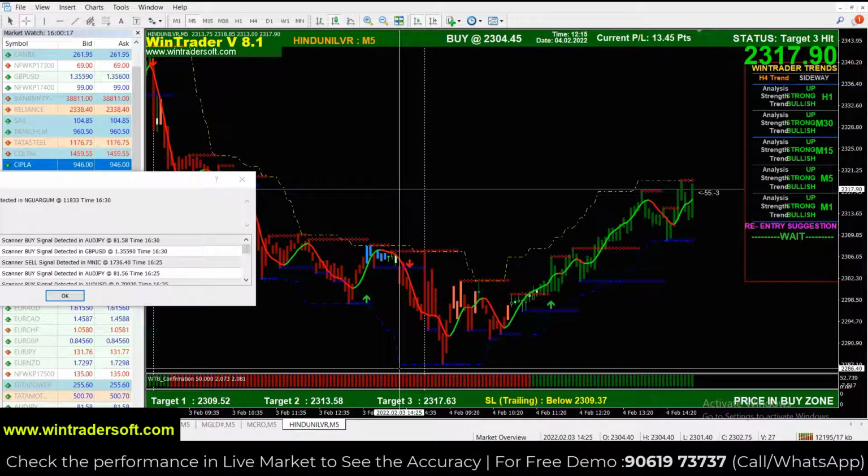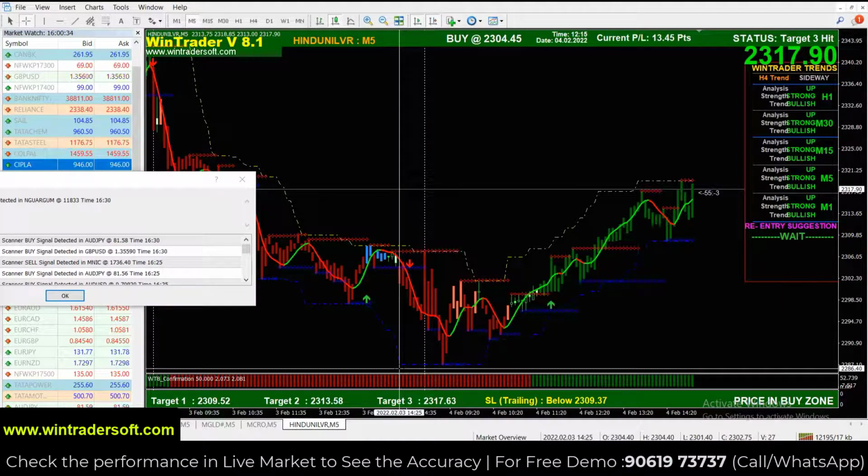If the market is a trendy market, I already told that there is a re-entry suggestion. Re-entry means as per the current market rate, the software gives a separate entry point and a separate target. So if you want, you can re-enter at that level. You can use the re-entry suggestion, it totally depends on you. If you don't want to take a re-entry position, then you can wait for the next signal to come.